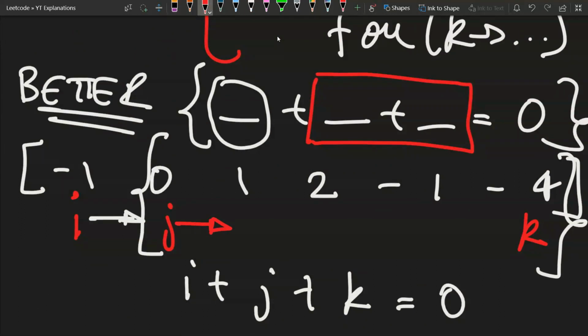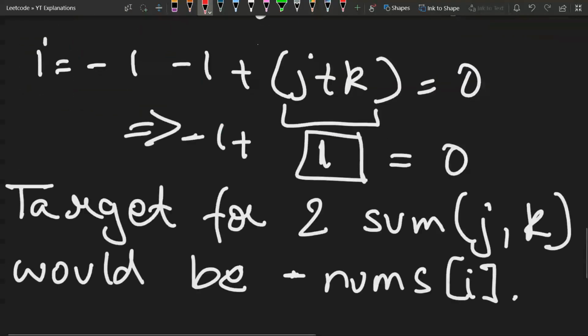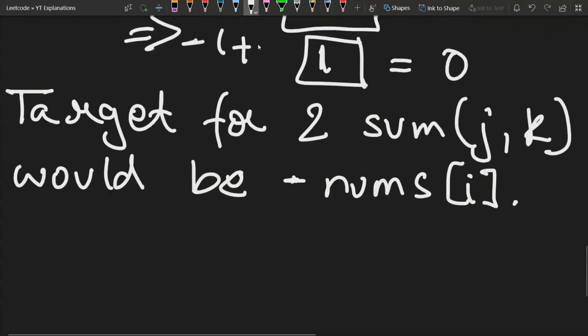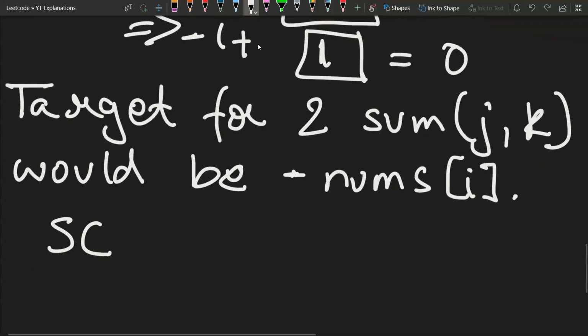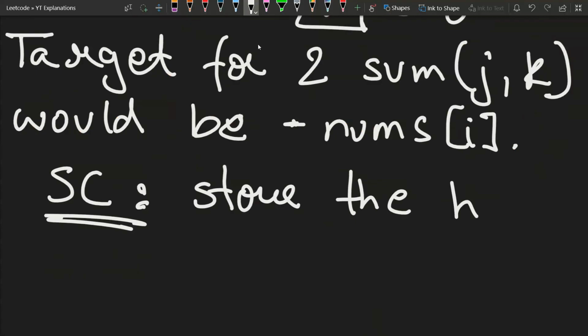And then we keep moving them inside until they cross paths, until they reach each other. But the catch here is that, like we saw in two-sum, we would need some extra space to store the hash map,